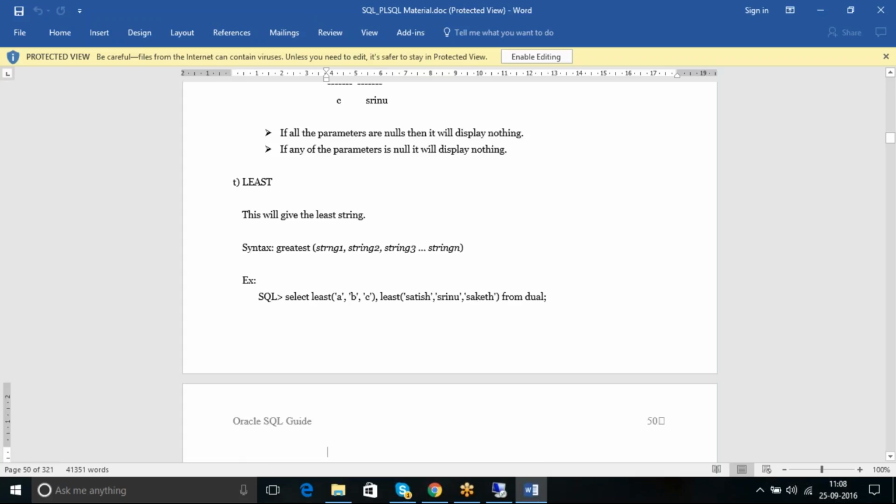Least of A comma B comma C. Now tell me, first one, what is coming? A, B, C. Select least A, B, C, and least Satish, Srinu, Saket.